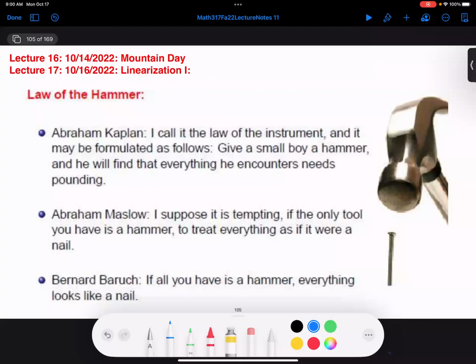So we'll also get to problems such as the traveling salesman, which is one of the big problems in the subject. And so what I want to do is, I think I've said the law of the hammer before, but just to repeat, I think the last one is the most concise phrasing. If all you have is a hammer, everything looks like a nail. And there's a lot of ways to look at this.